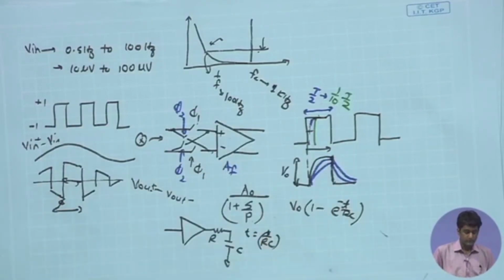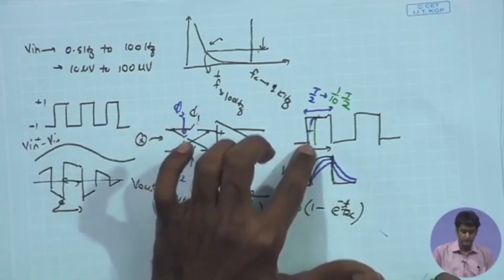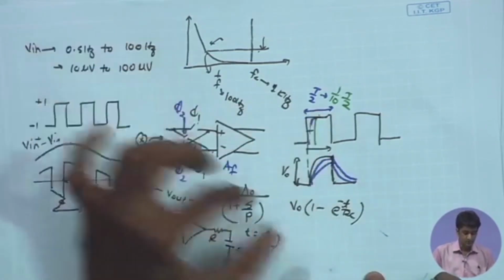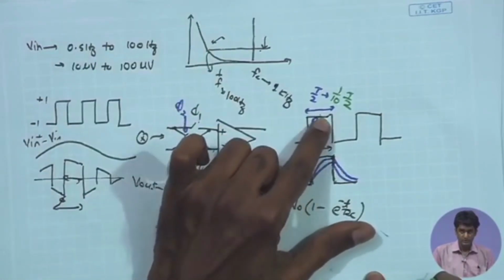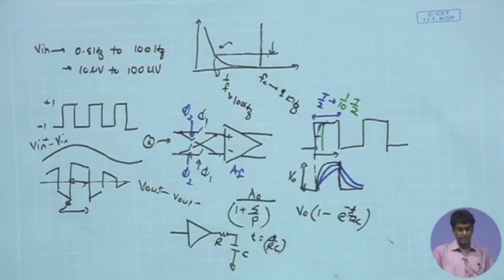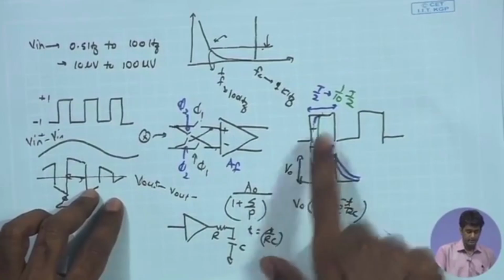So, if the pole frequency is higher, or the bandwidth of the closed loop amplifier is much higher, then the chopped signal at the input and the output will finally be able to settle properly to the final value. So, that is the reason why we need to choose the pole frequency much higher than the chopping